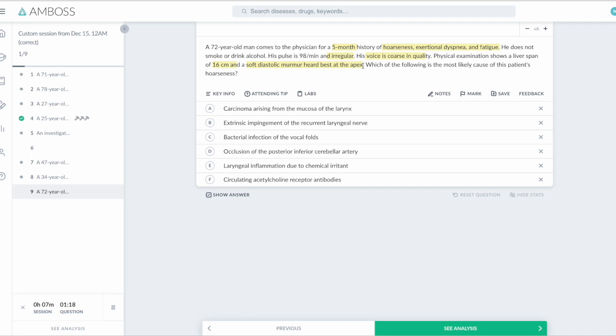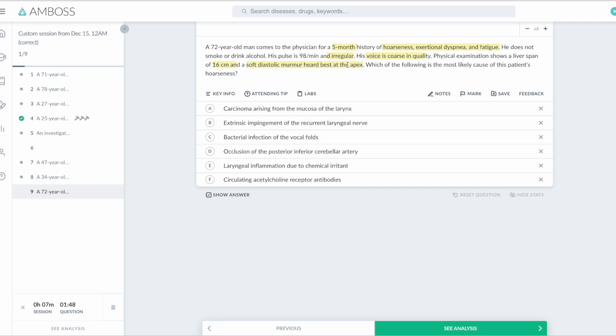It's diastolic because during diastole, we're supposed to fill. When it's stenotic, it's always going to make noise, which is a murmur, because it can't fill properly through the narrow valve. Now, at the apex is mitral. Which of the following is the most likely cause of this patient's hoarseness? Okay, guys, this is kind of a difficult question, but I want you guys to note that he has mitral stenosis,